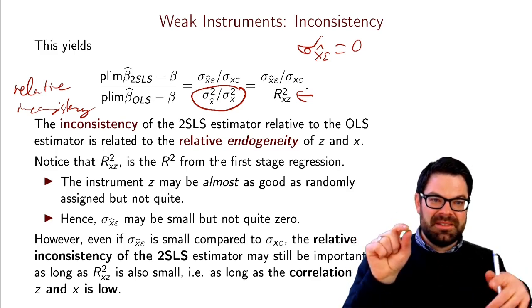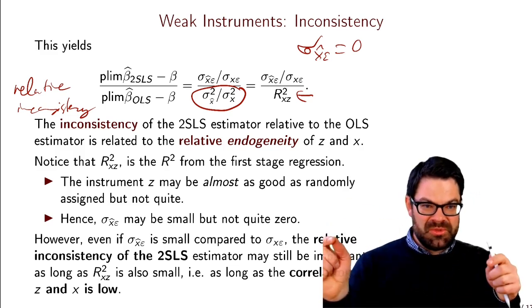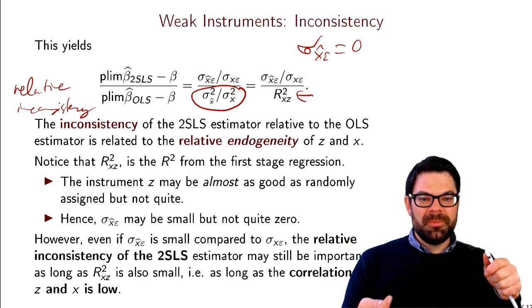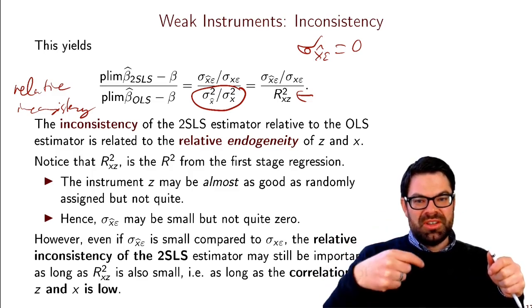However, if that covariance up here is different from 0, is slightly bigger, then